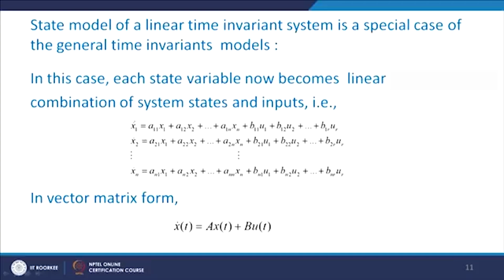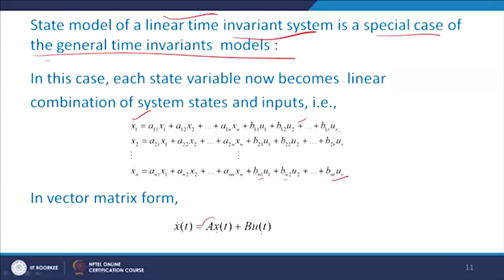That is, x1 dot equals a11 x1, a12 x2, up to a1n xn, b11 u1, b12 u2, up to b1r ur. This is nothing but a special case of the general time invariant system, that is, a linear time invariant system form. So we write xn dot equals an1 x1, an2 x2, up to ann xn, bn1 u1, bn2 u2, up to bnr ur, and therefore in vector matrix form it is written as x dot equals Ax plus Bu,